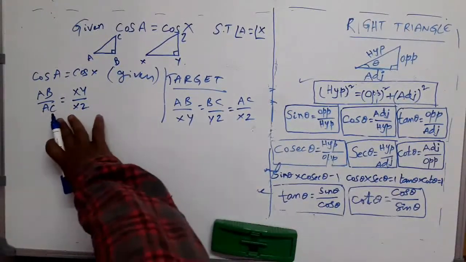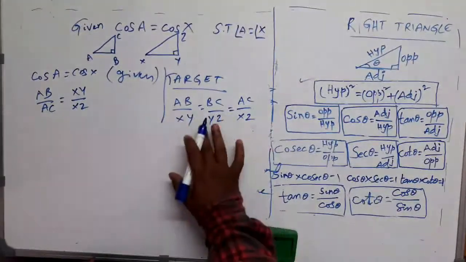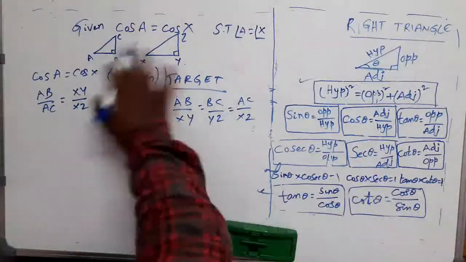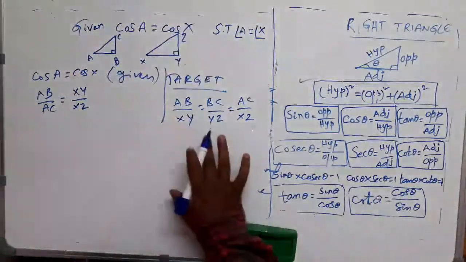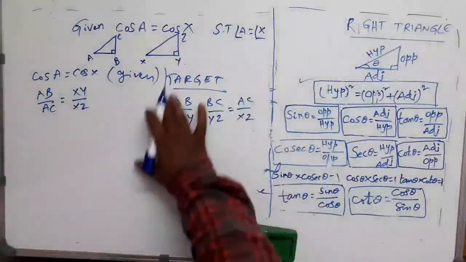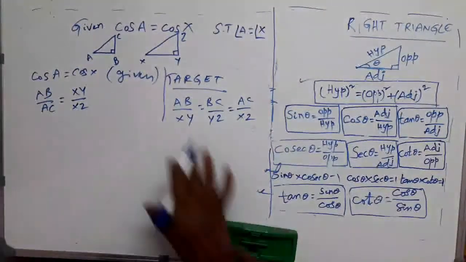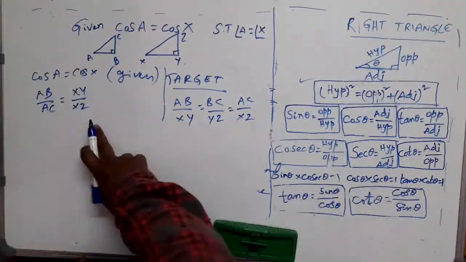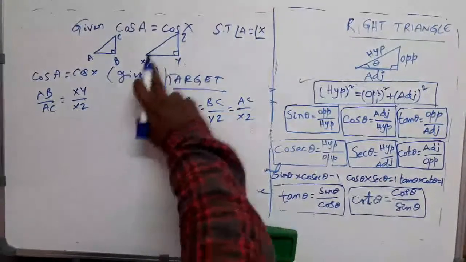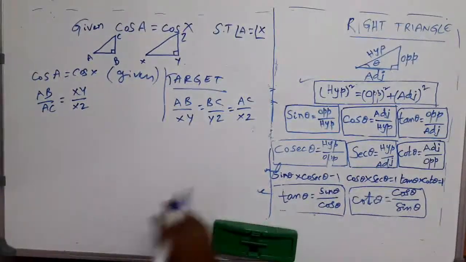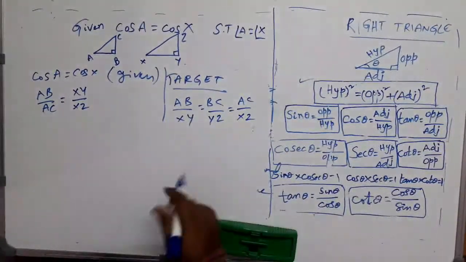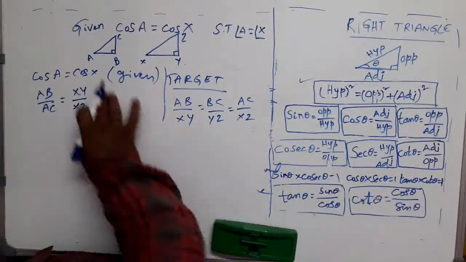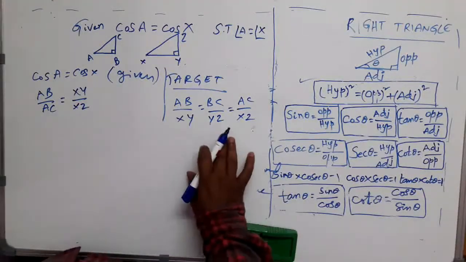So here sides are involved. My target is to involve all the sides, the six sides, these three sides and these three sides, and to get this relation. That is my target now. From the given relation cos A is equal to cos X, I can write this now. So four sides are involved: this side, this side, this side, this side. You observe carefully, my target is this. Can you get any useful relation from this, which is useful for me?